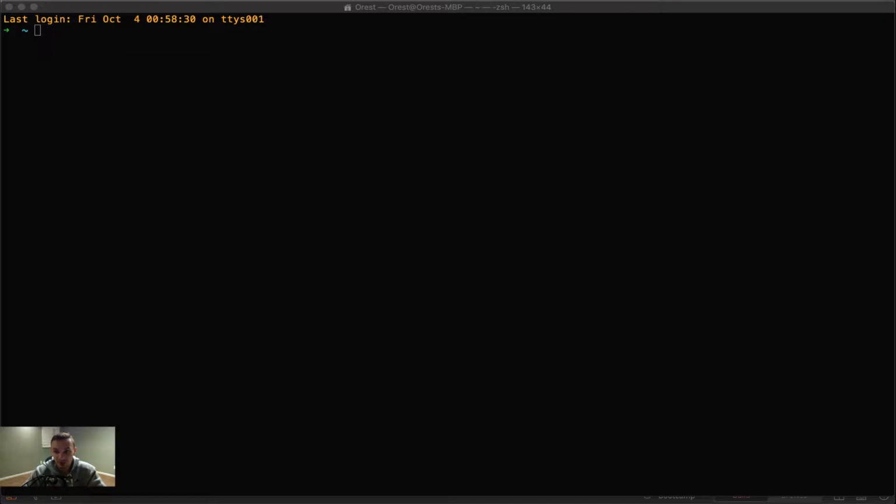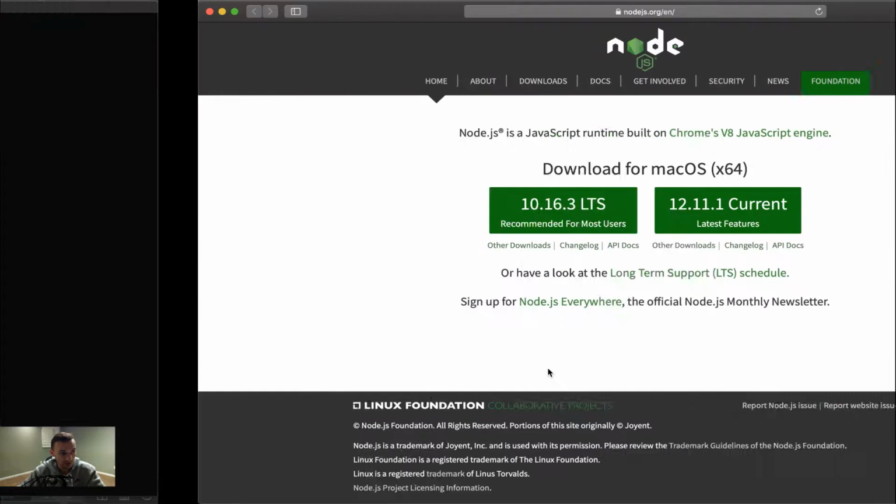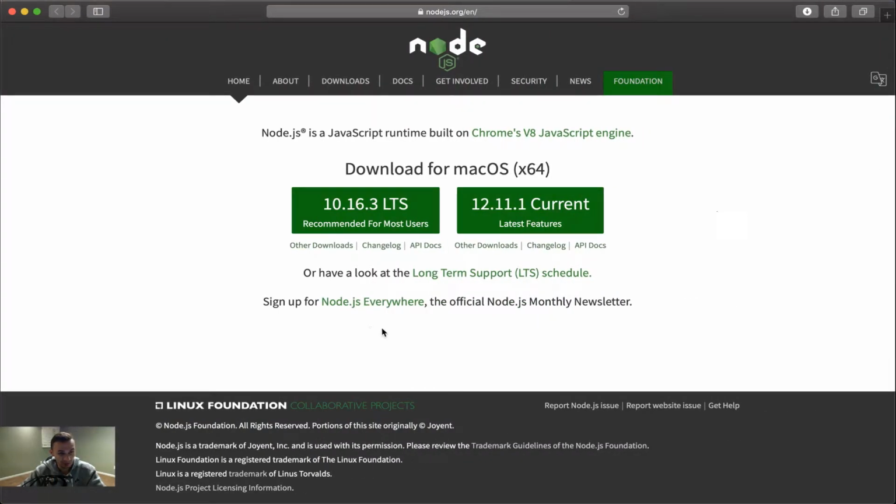So in order to get started, as mentioned, we do have a requirement to run this. We'll need to have Node.js installed. If you do not have Node.js installed, there are two ways you can install it. The first way, which I'd recommend is probably the easiest way, is to do it from the Node.js website. If you go here, you should be able to download it. Clearly, I'm on a Mac, so if you're not, your Windows should pop up here, and I would just follow the most recommended